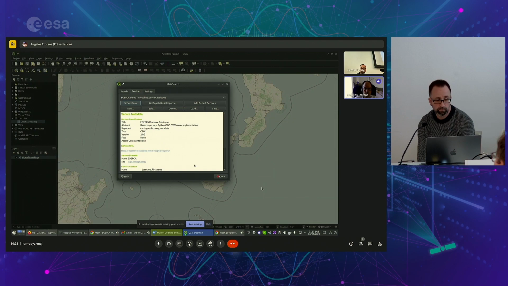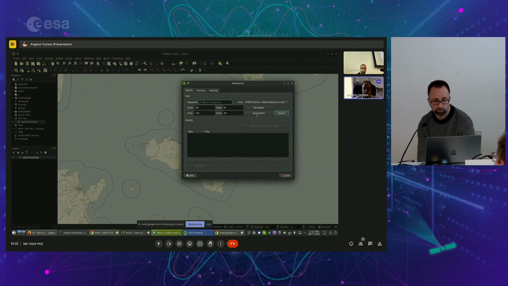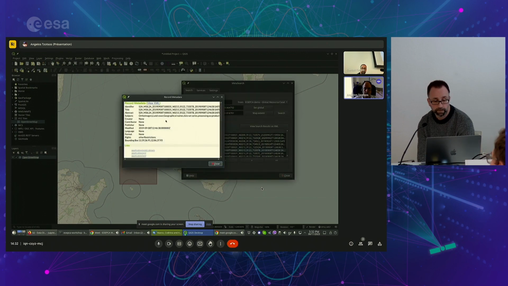This all works within QGIS. And then from the search button, we take the map extent, and we can do a search. So here you see several records coming up, and you can browse through the records, and say, okay, this is the record I want to see, and then if I double click, I see the record metadata